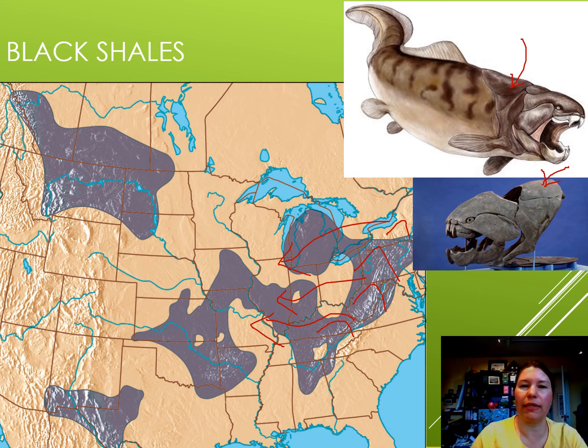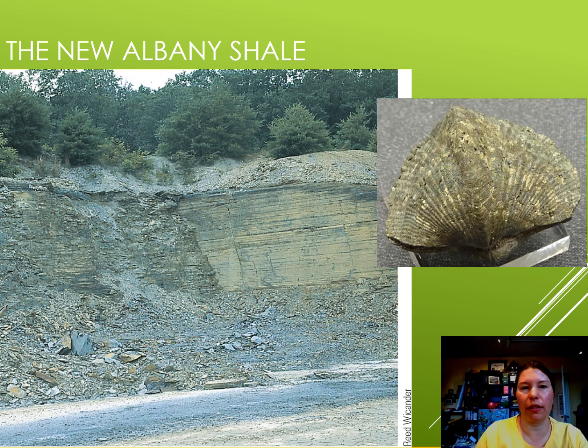be from places that are pretty anoxic. So we think that there were these anoxic environments, and that's where the black part comes from, where there's plenty of carbon, but oxygen didn't really get to react with that carbon, so it remains as a black color. And that's where the petroleum tends to come from. So fossils are quite rare, though when they do show up, they can be pretty cool.